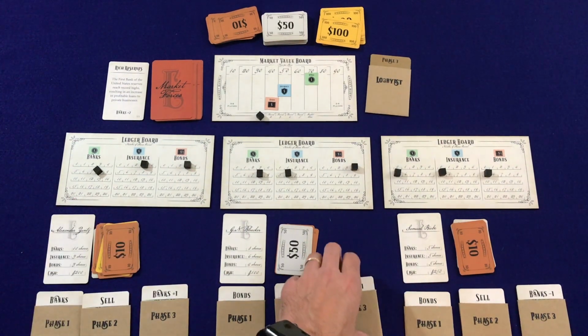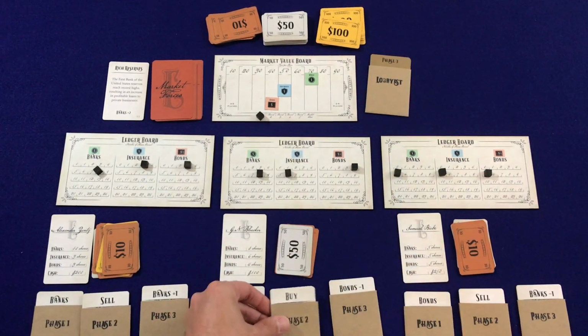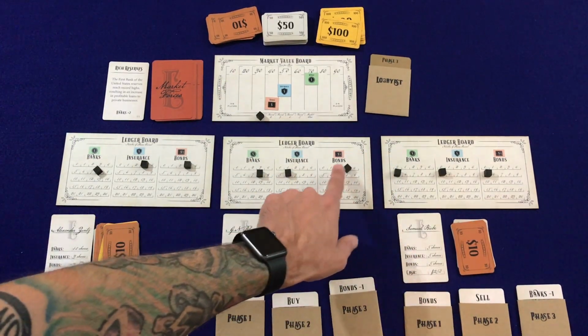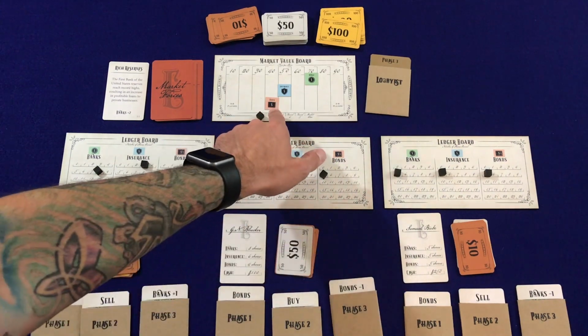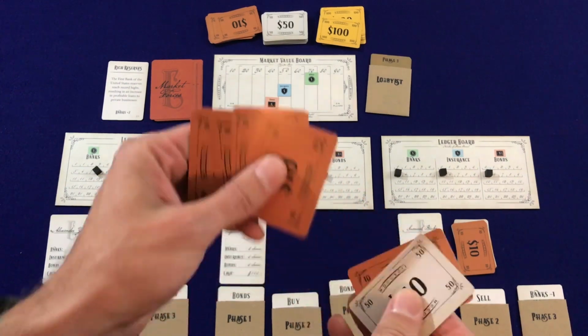And you can take this money and put it in his stack of money. Player 2 is going to buy 1 share of the bonds. So that was actually not a bad buy for him, so we'll jump that up 1 to 5. And that's gonna cost him 40 bucks. So he'll go ahead and take 40 bucks here